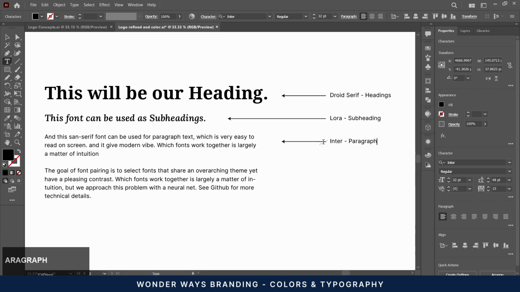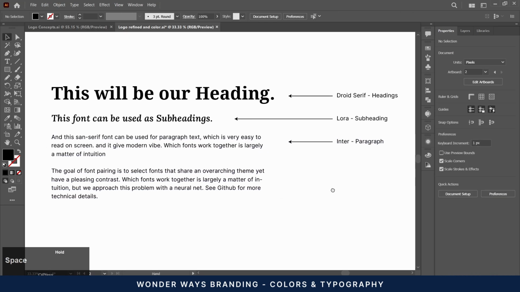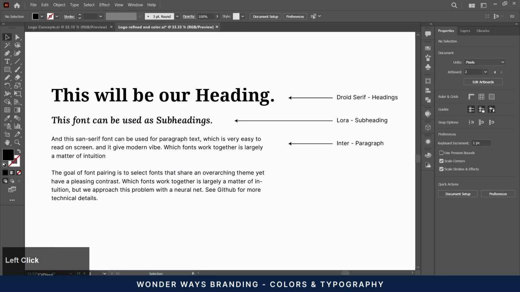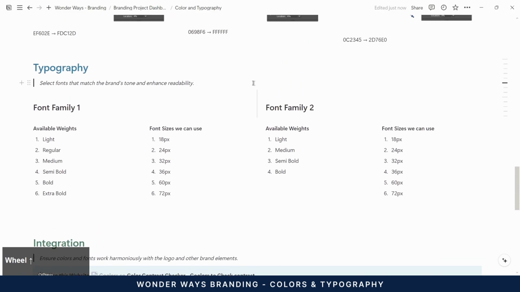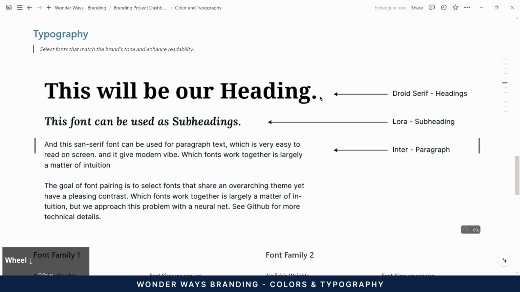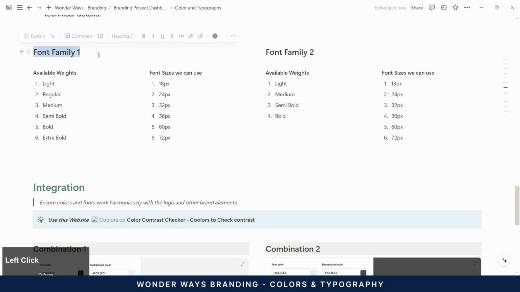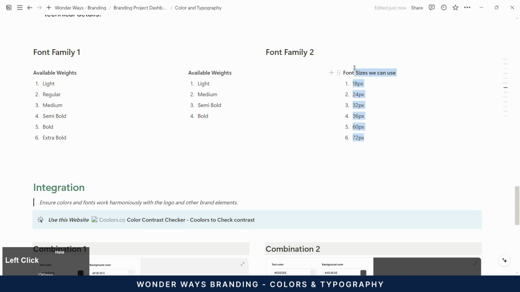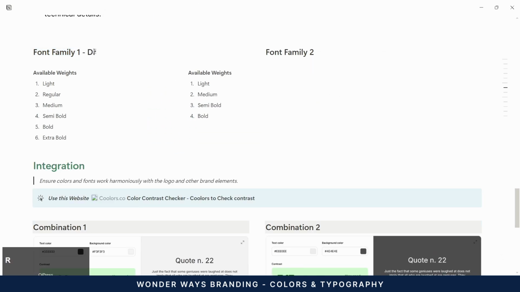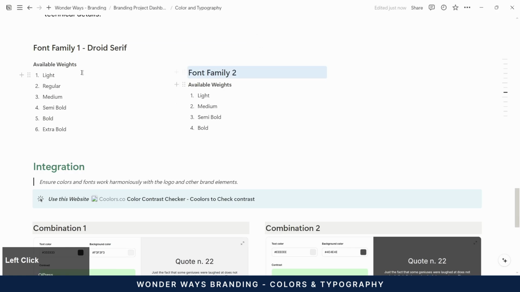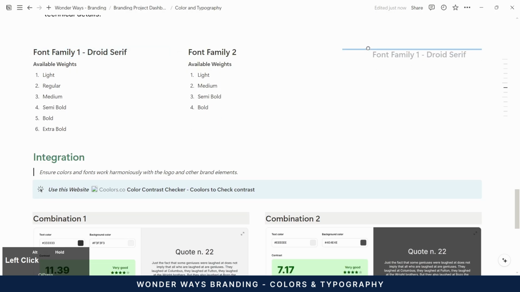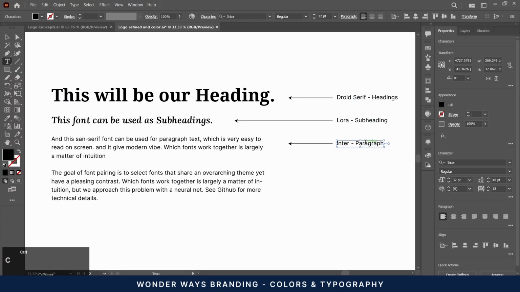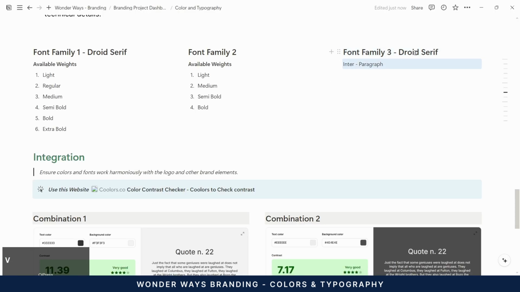We will be using Droid Serif for headings, Lora for subheadings, and Inter for paragraphs and other text. We can note the names of the fonts, their uses, and the available weights for each font.